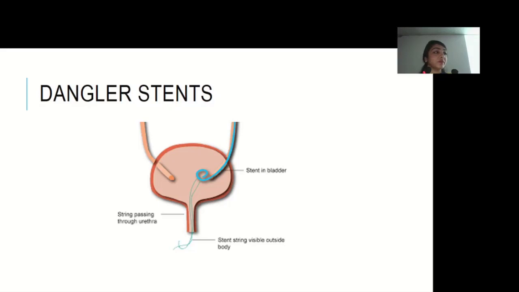So if you don't understand the physics of placement of a simple thing like a DJ stent, if you don't understand the quality of material, or the composition of that material, or the design of that stent, then you will not be able to justify yourself. You will be then hostage of somebody who wants to sell his or her stent to you. So don't make yourself a urologist who is a hostage to the marketing strategies of different companies. They would like to sell their products, but it's us who must know the science.